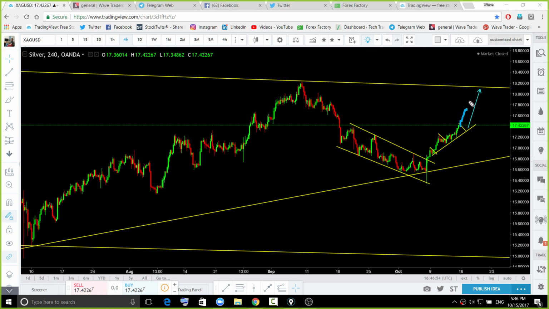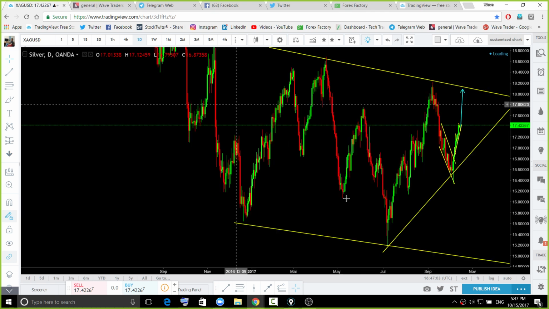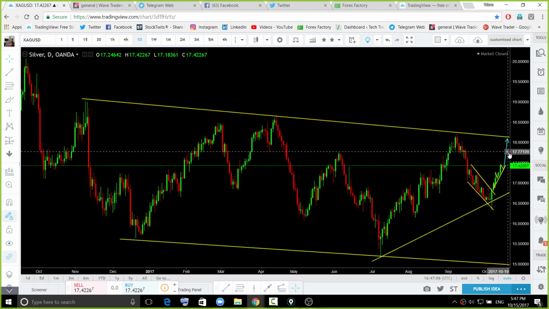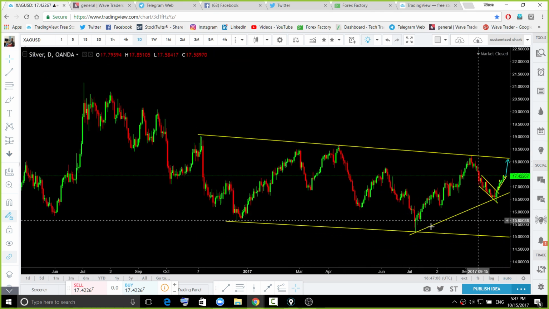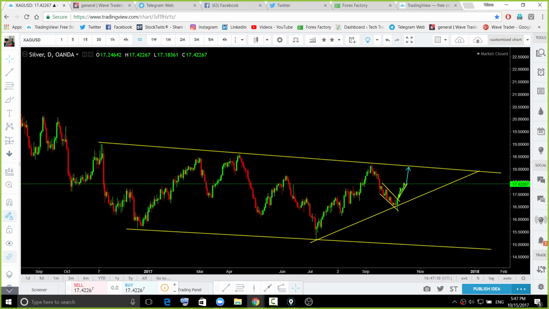We can see that top, and it can even go beyond that top, so we'll see that once price hits that top. Those fellows who are not in, let the market form the lower degree continuation formation, either on the 15-minute or on the 1 hour. Then you need to look for a buy. Or if we have a bigger correction back to that impulsive move, perfect. Those who are not in are going to get another chance to go long on the silver.